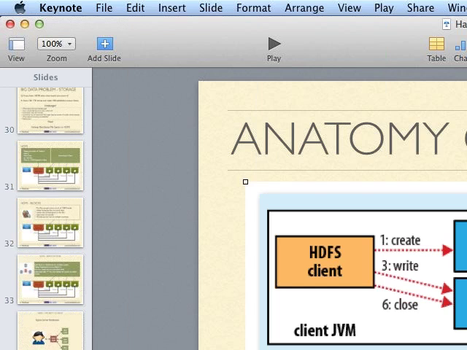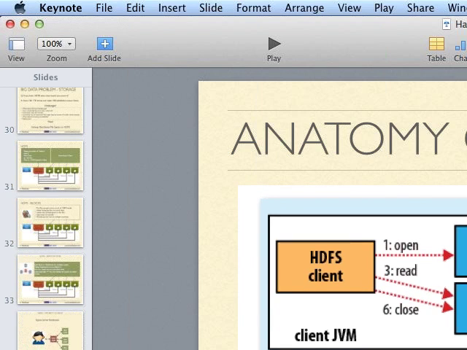All right. So this is the anatomy of file write. Let me also show you the anatomy of file read before answering the questions. Now another HDFS client comes in, opens the distributed file system, the read stream you can think of, and then talks to the name node. I'll say, give me a/b.txt or